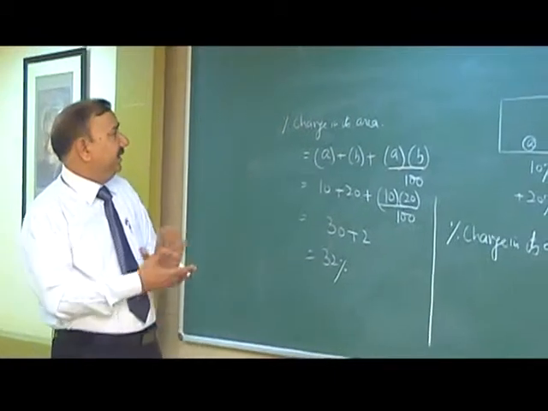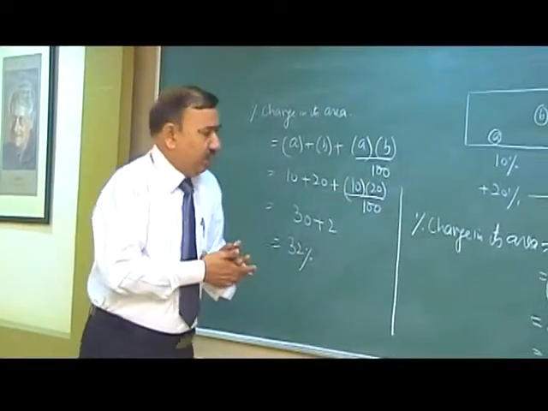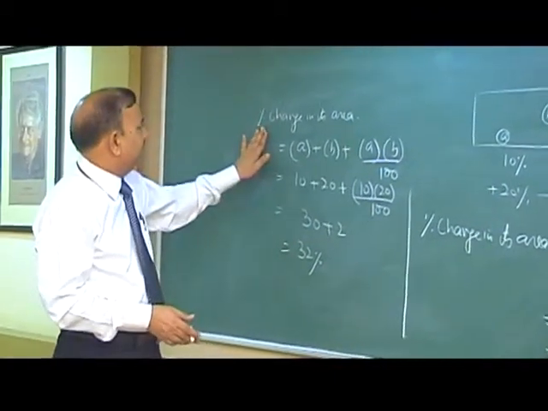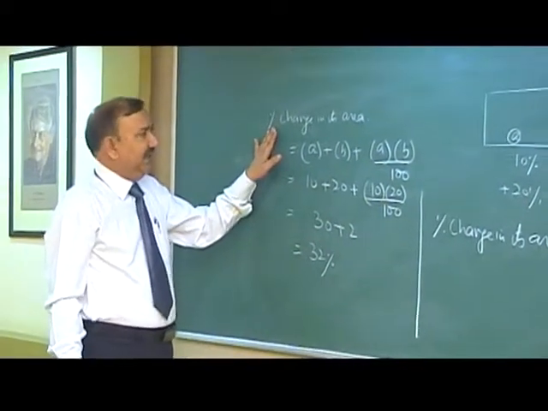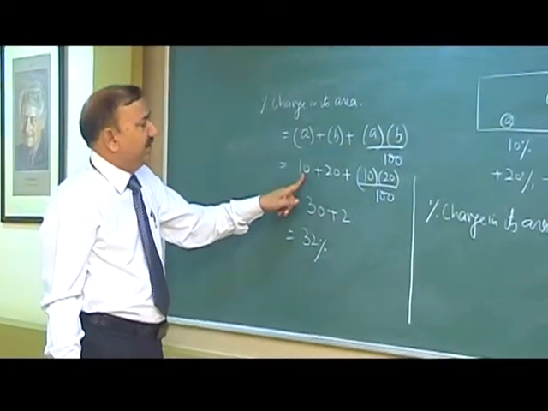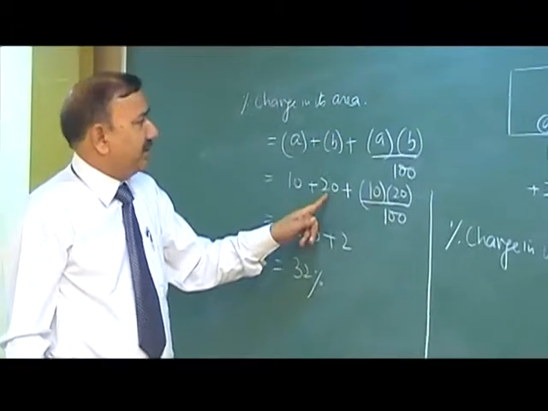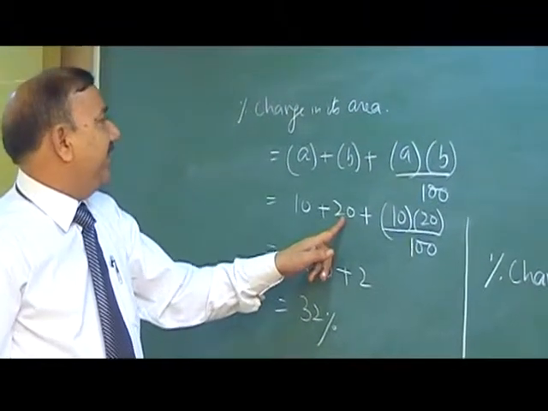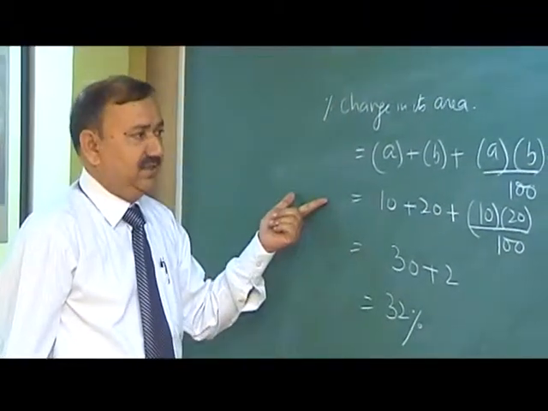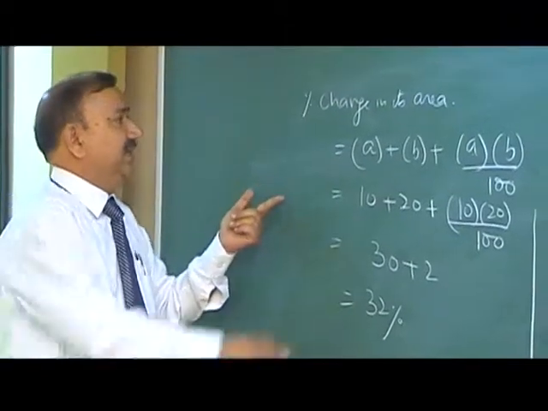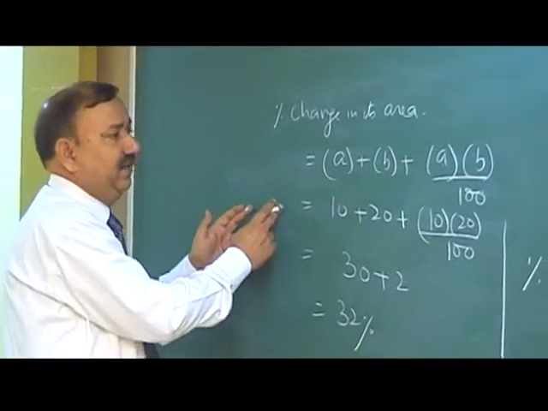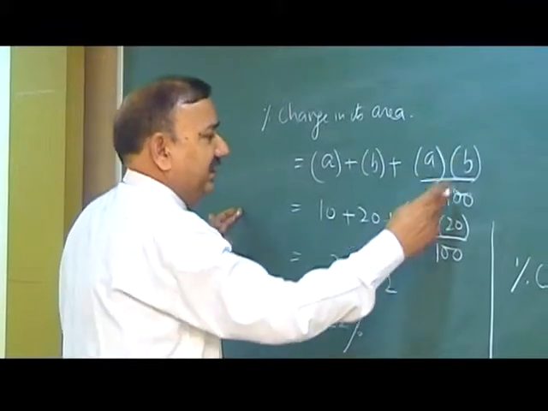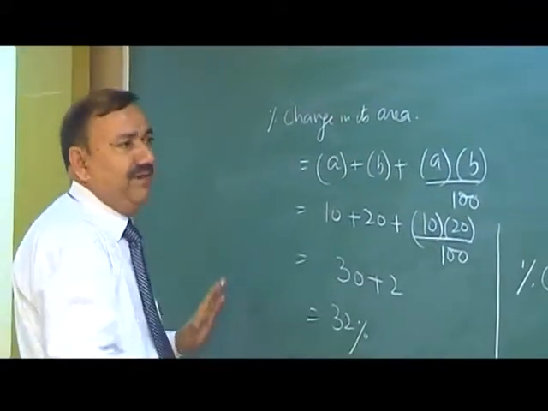And secondly, suppose I ask the question: in this case, if the length is increased by 10%, the breadth is reduced by what percent so that the area is finally increased by 30%? So the area is increased by 30%, we put the value 30% here, for the breadth we take x, we put this x here, and we calculate, and finally we will get the answer.